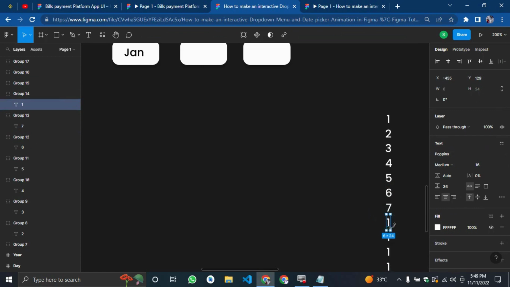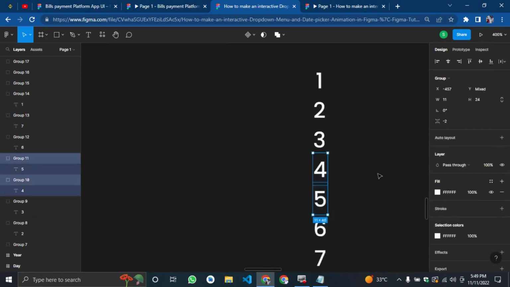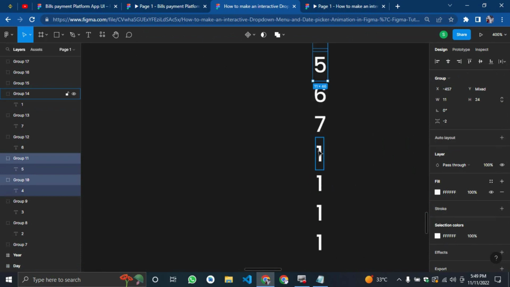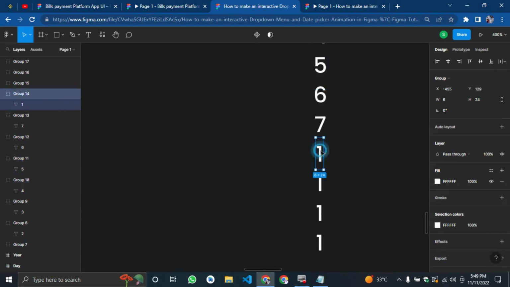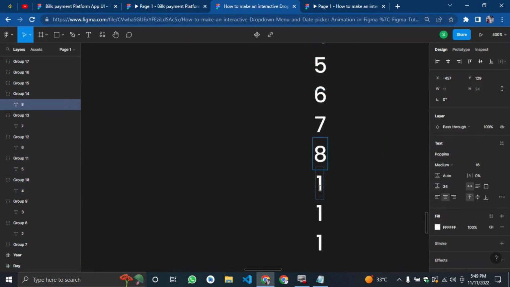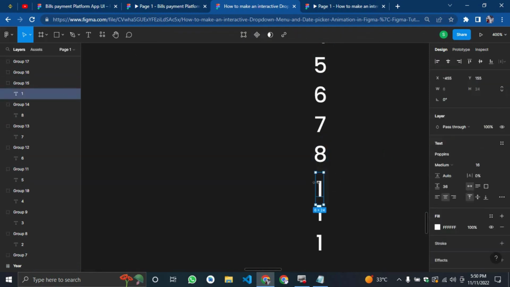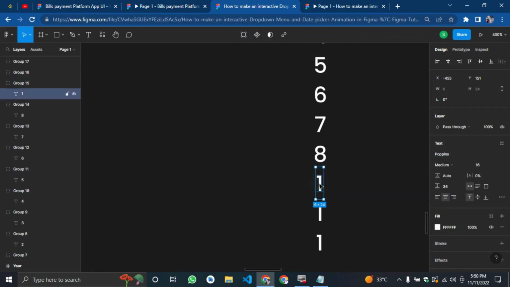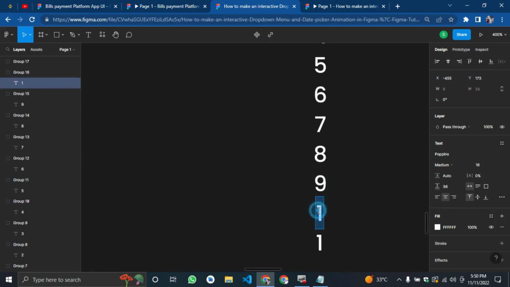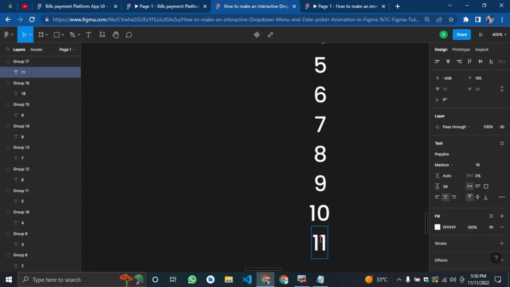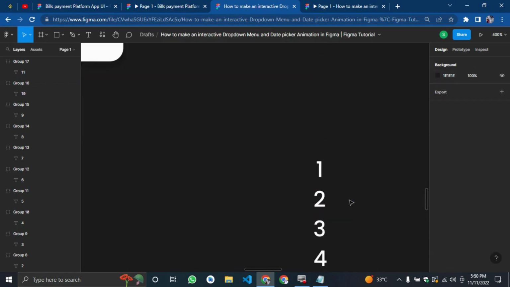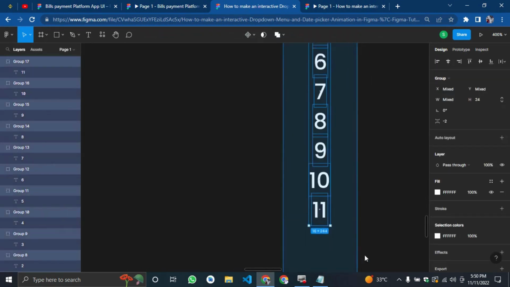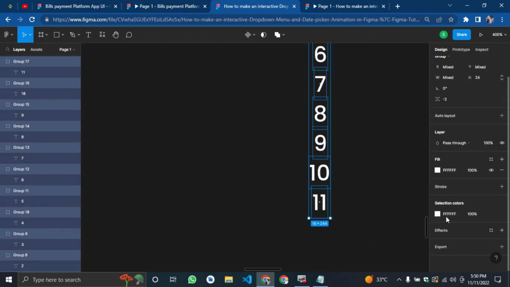Let me zoom in to see what I'm doing properly. Eight. What's wrong with my mouse? Okay. 9, 10, 11. Good. Now that we are done with this, you can highlight every single one of them and take it